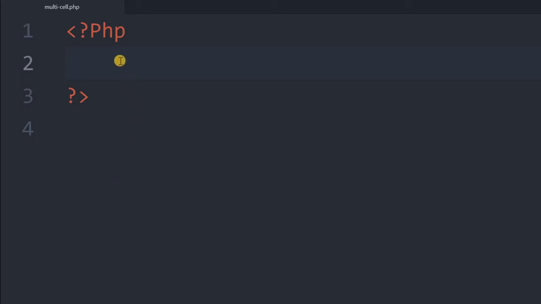Hi friends, in our series of generating PDF files using the PHP FPDF class, we'll learn now about multi-cell. Watch our previous video on cell and how to position it. That will help you understand better the difference between a cell and a multi-cell. So let's start by calling the class. It is inside FPDF in the same directory.